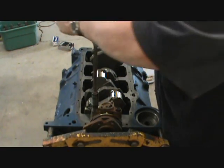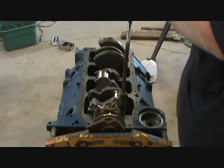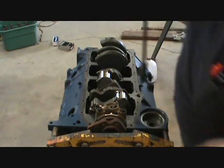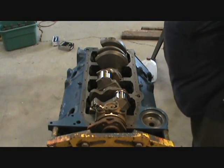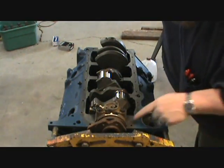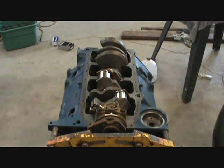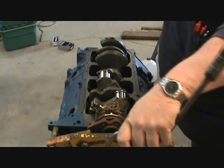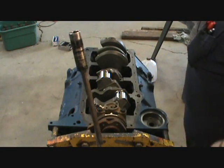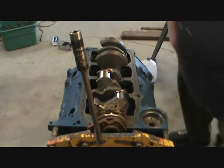I'm going to have to look at my torques because I don't remember them right offhand. But, okay, now squeezed out there, so that should be ready to rock and roll. So I'll wipe down some more bolts and